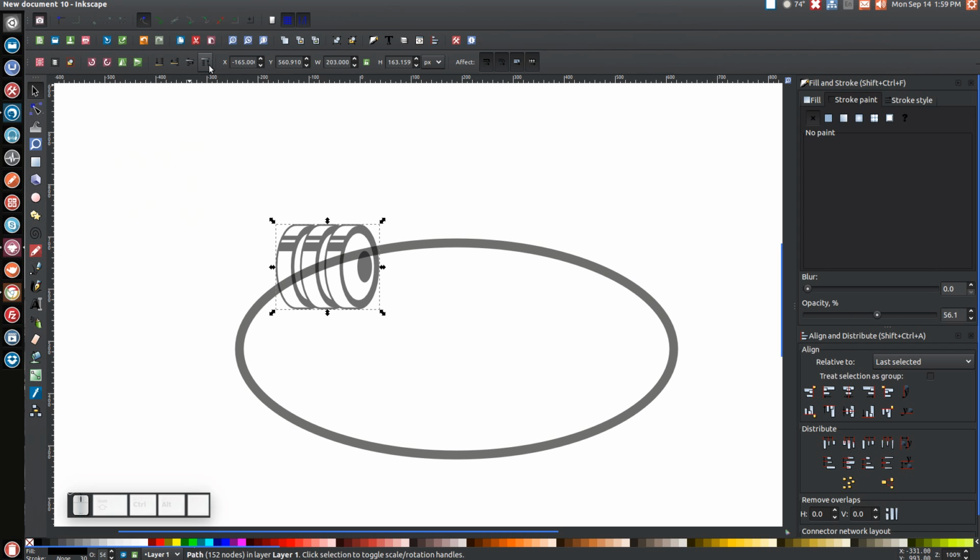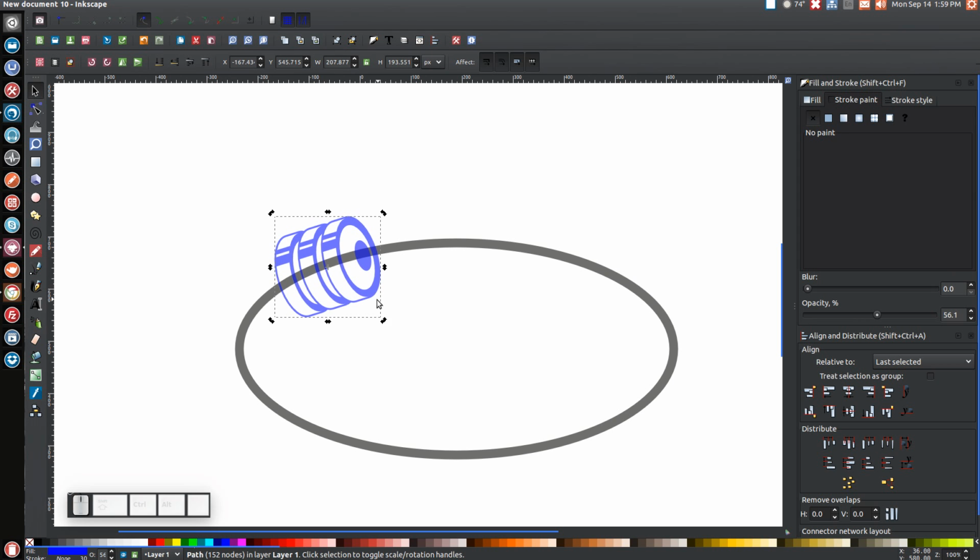And what we're going to do now is we're going to grab these little weights right here and we're going to raise them to the top. We're going to click this button that says Raise Selection to the top. And click that. And let's turn this blue so we can differentiate between that and the oval. And what we're going to do is we're going to click this a second time to bring up our rotation handles. And we're just going to rotate this around